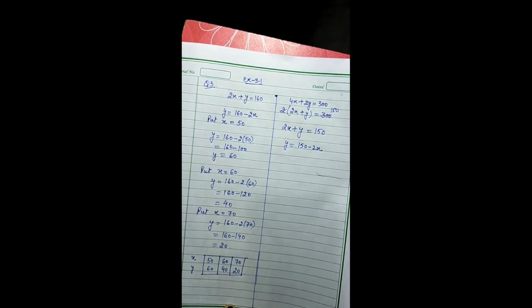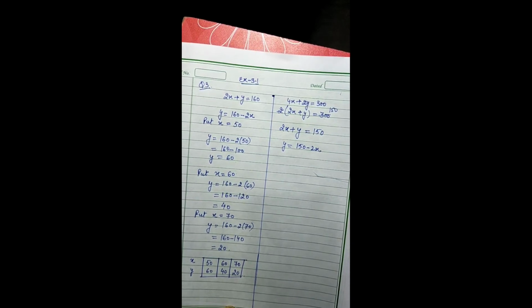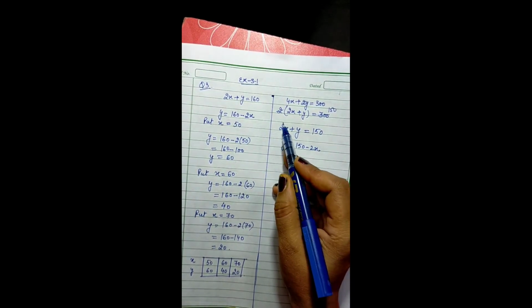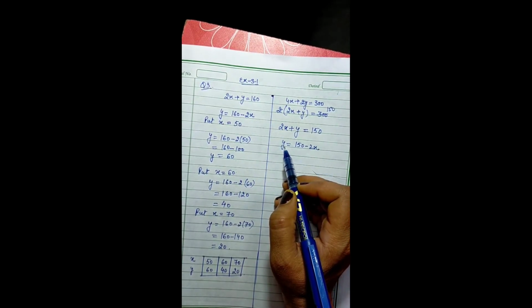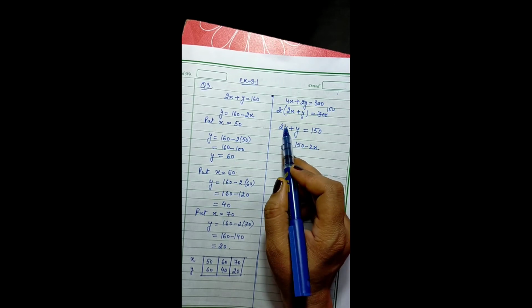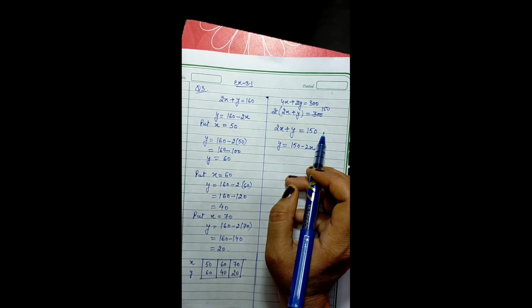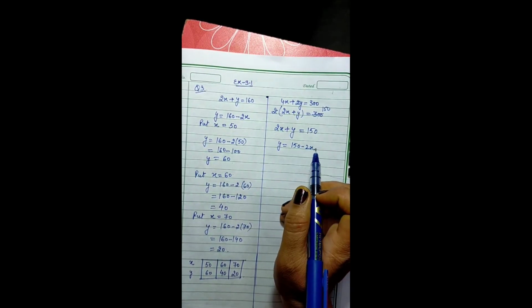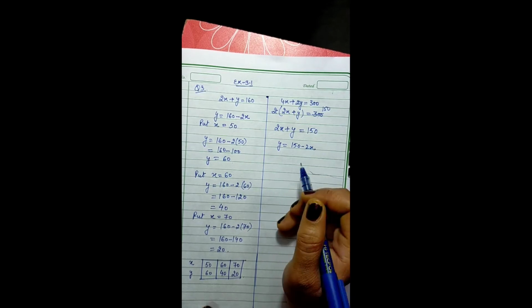Always keep this in your mind that you have to make it simplest. If x is without coefficient, then I would have kept x here. And if both are having some coefficients, I'll be choosing the even coefficient on the left side and I'll shift the other one to the right side, because I know whenever I divide by any even number, I'll be getting the value as a whole number or with 0.5. So that will be easier.